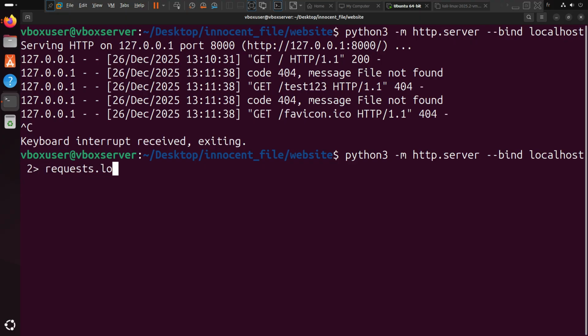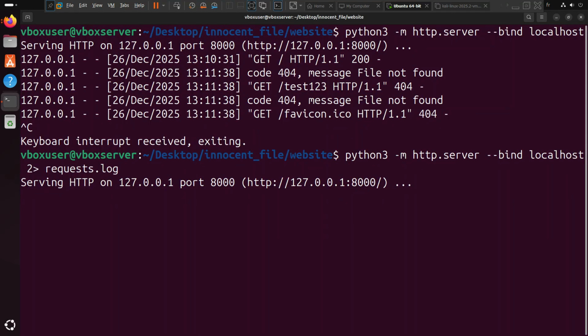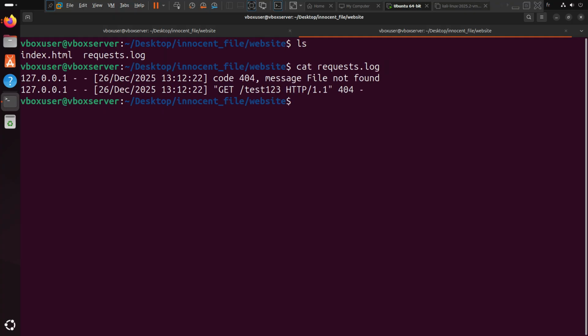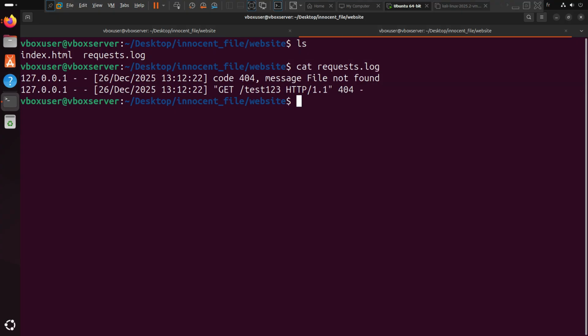So we will add it to our command. Now, when I start the server and make a request, nothing appears in the terminal. But look, a file called requests.log was created. And if we check inside, there is our log entry. We just built our own logging system. Now, if someone tries injecting payloads into our URL paths, we can catch them, block their IP, or take whatever